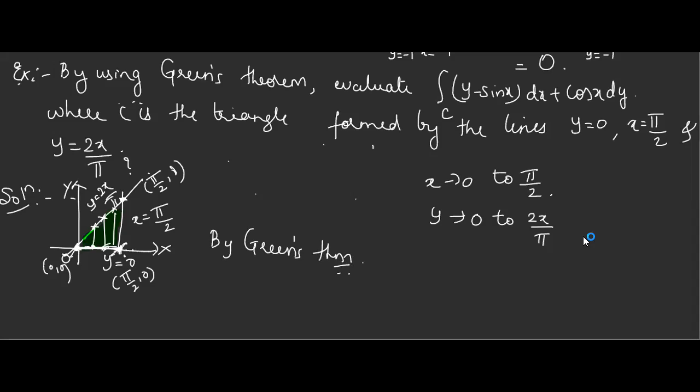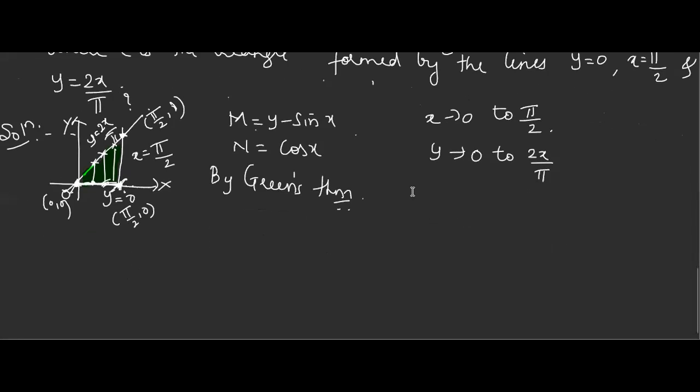Yes, you know the statement. You just write it. I'll just take it. And one more important thing is, what is m I have to take? y minus sin x. And what is n? n is cos x. Correct? Just see what you'll get. So you write down the statement. I'm just writing it a little directly. M is y minus sin x dx